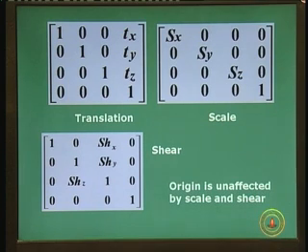Okay. Origin of course is always unaffected by scale and shear. So if you have the origin of the 3D and if you give any value of Sx, Sy, Sz or the shear values, the origin does not change. Origin of course can be translated, but it cannot be scaled or sheared. So these are simple examples of translation, scale and shear submatrices, and we go into 2 major types of transformations,